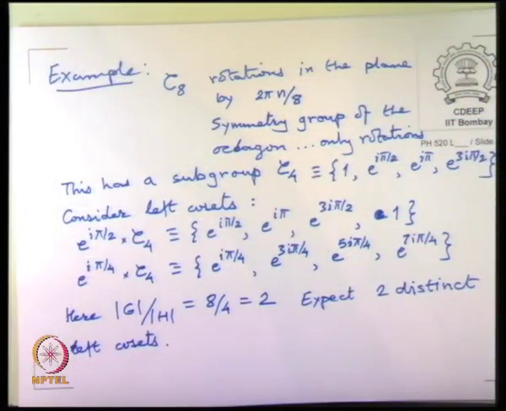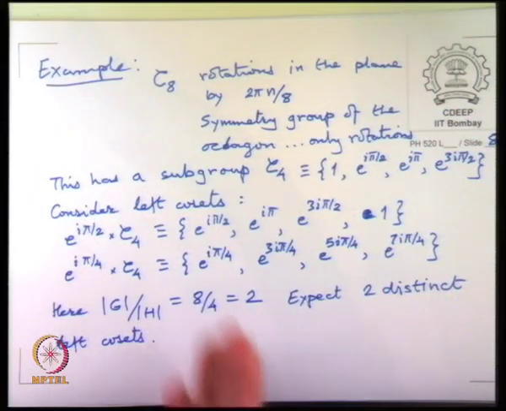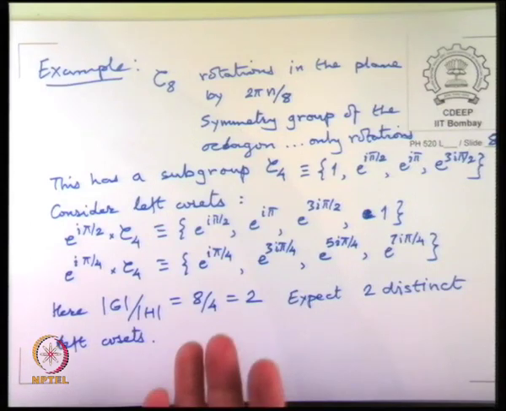You will get 4 different sets. In other words, it will be 8 divided by 2 equal to 4. But you see that once you have a subgroup, the size of its left cosets is exactly a divisor of the whole group. Now because this group also happens to be an abelian group, the subgroup is also an invariant subgroup,